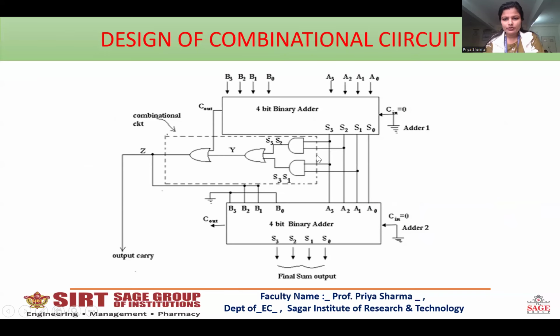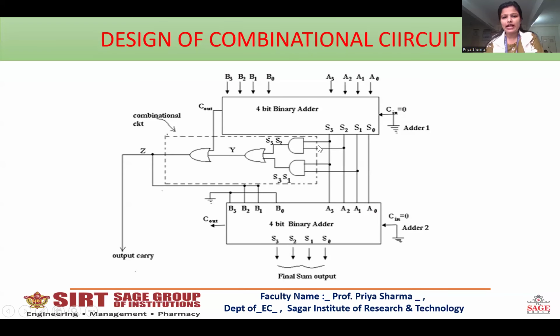From all the inputs S1, S2, S3, as S0 will not generate any carry. From S1, carry will be generated and a logic circuit has been used. If the output of this is high, then it will set B2 and B1 to 1, and B0 and B3 are permanently connected to 0. Thus, it will create the equivalent of 0, 1, 1, 0, which is equivalent to 6.